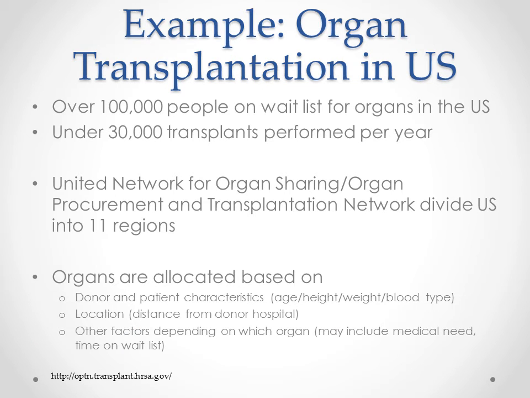So let's talk about practical applications a bit, looking at organ transplantation in the U.S. There are over 100,000 people on waiting lists for organs in the U.S. and around 30,000 transplants performed a year, roughly. There are not enough organs for everyone who could benefit from one. About 21 people each day are said to die while waiting for organs. This is definitely a limited resource.